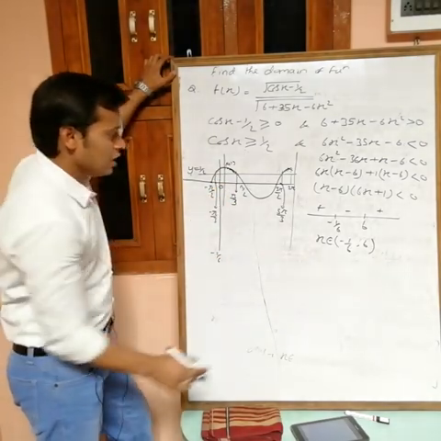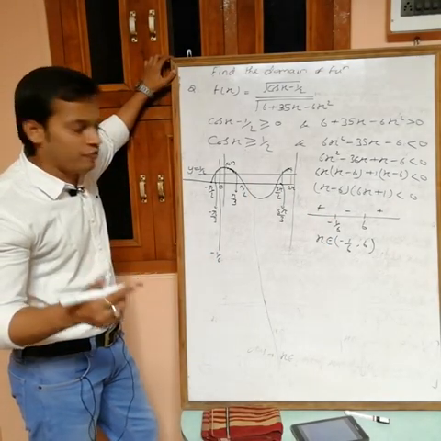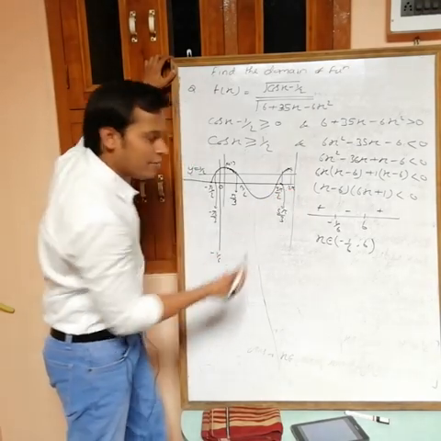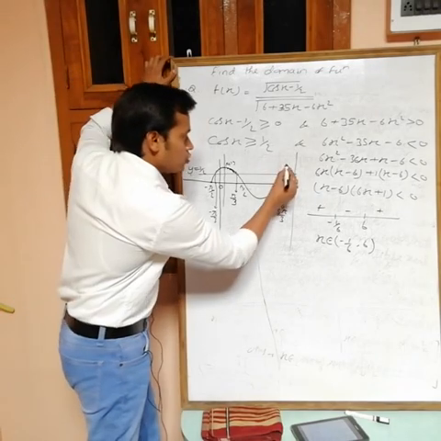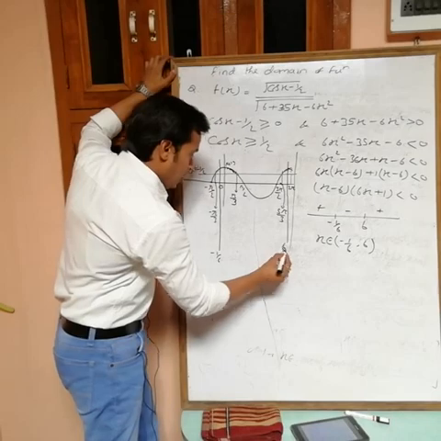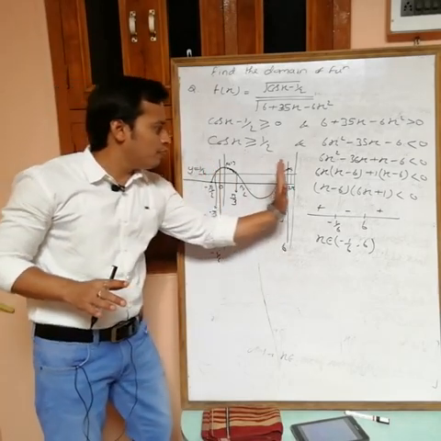And up to 6, and 6 is less than 2 pi. 2 pi is about 6.28. Now check whether 6 is before this one or after 5 pi by 3. 6 is greater than 5 pi by 3, obviously you will get that. So suppose this is the 6, but less than 2 pi. It means you can take only values between minus 1 by 6 to plus 6.